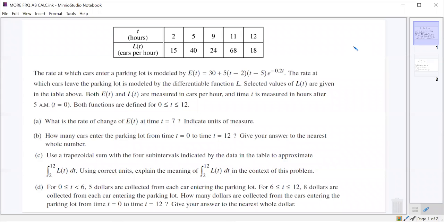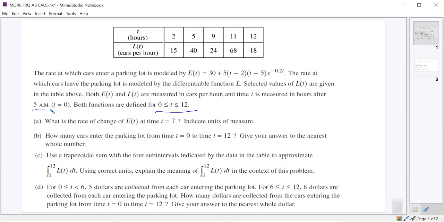So we got a function L of t in this chart. L of t is the rate at which cars are leaving this parking lot. E of t is this other function that they've given us. That's the rate at which cars enter the parking lot. We're talking about the 12 hours between 5 a.m. and 5 p.m. First thing they want us to talk about is the rate of change of E of t